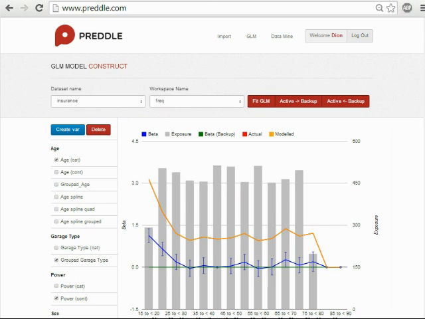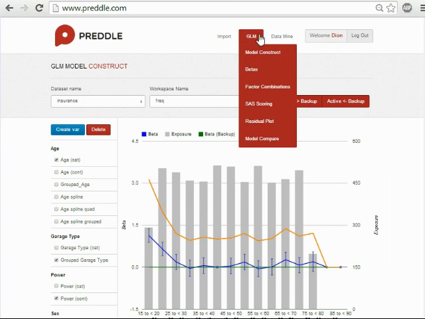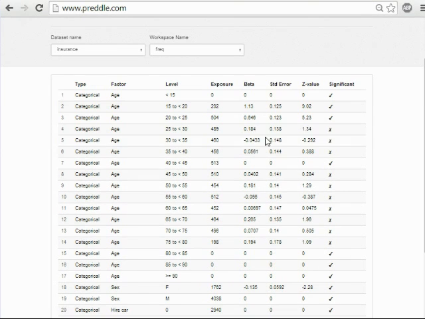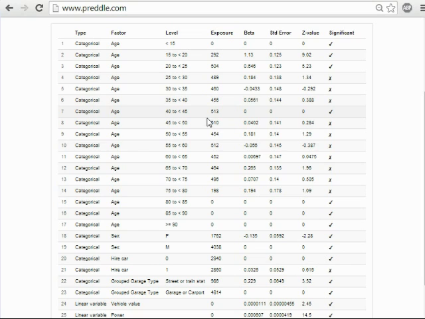Now let's move to the beta screen by clicking this link in the top menu. Every beta coefficient from the model is shown in this table. Recall for age, at least initially, that we had a beta for 15 to 20 year olds, 20 to 25 year olds, etc. We have the exposure or weighted number of records in that band, the estimated beta, the standard